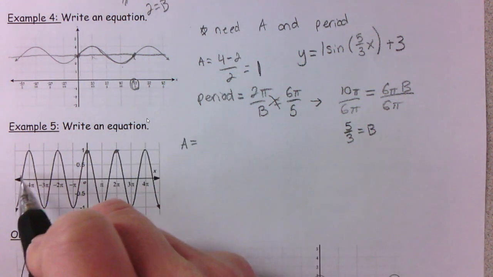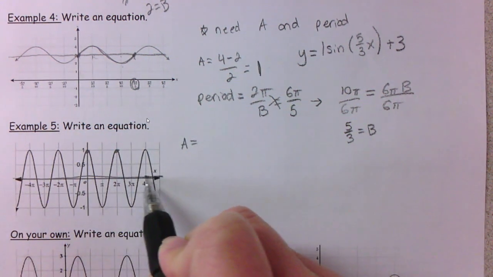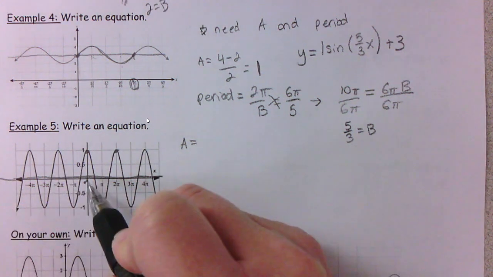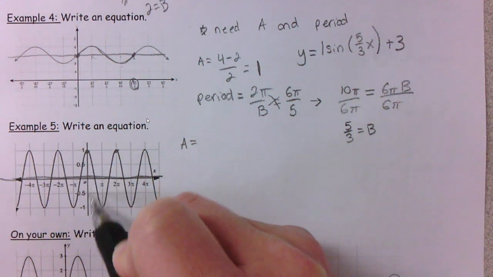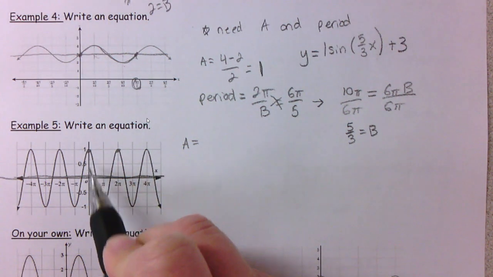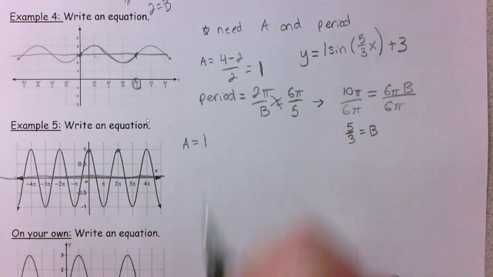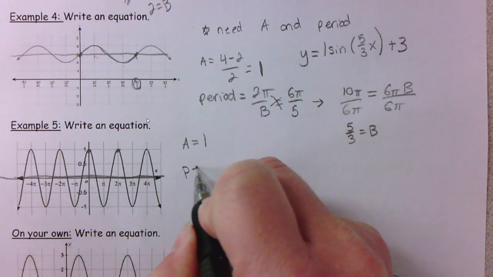A is going to be, and I don't actually shift vertically at all. So I go up 1 and down 1. Notice this scale goes by 0.5, so A is 1. And then